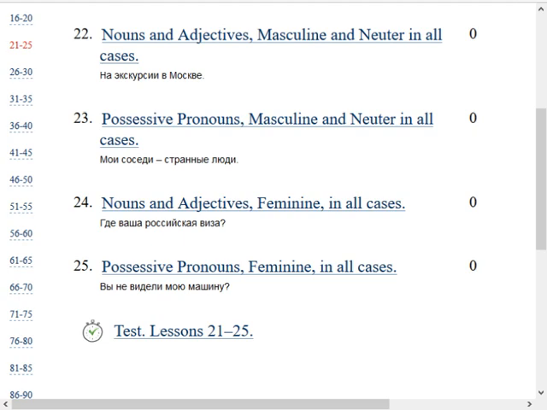So it's not easy, but I hope that you understand at least what the 6 cases are for. If you are not clear on what all the 6 cases are for and what they mean and what they do, I recommend that you review that now before you go on, because you want to be clear at least on what the 6 cases are, when you use them, and what they're for. Once you're clear on that, then we can go on, and hopefully we'll see each other next time in lesson